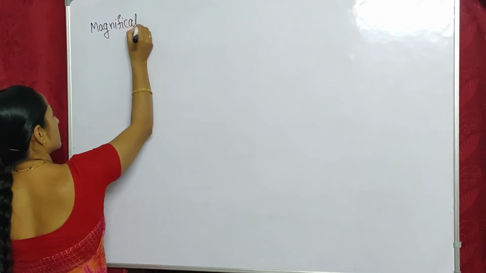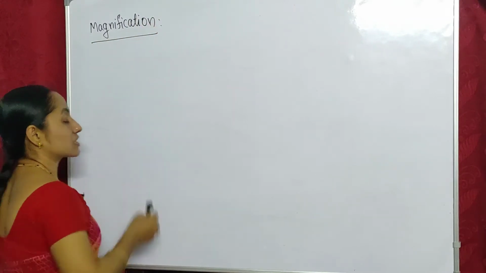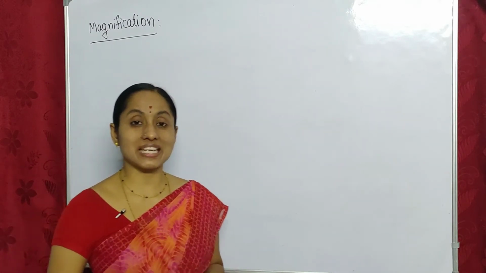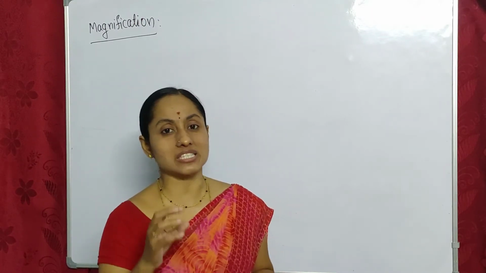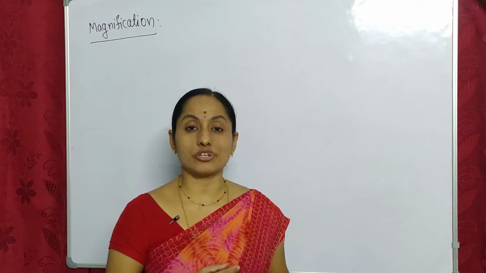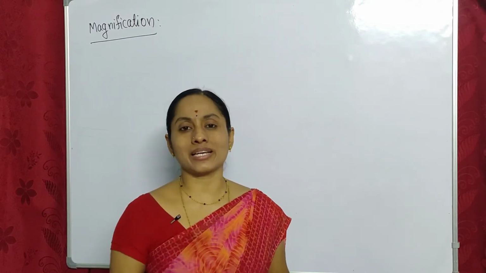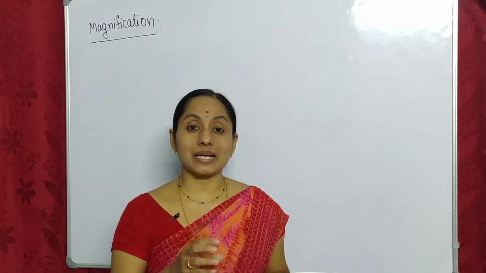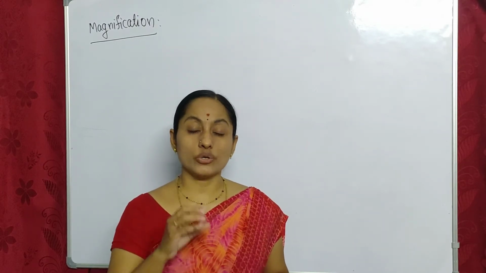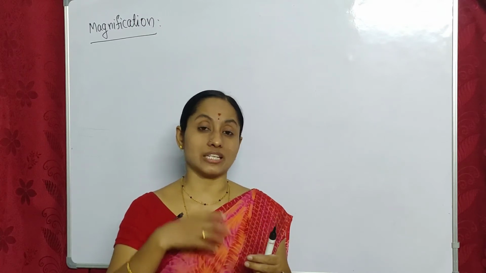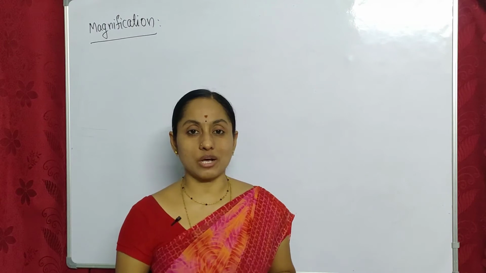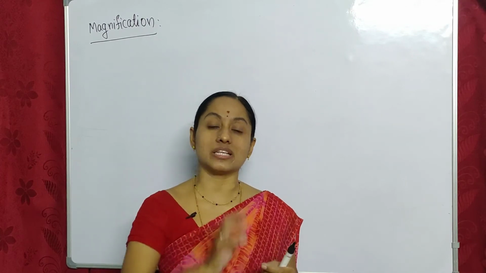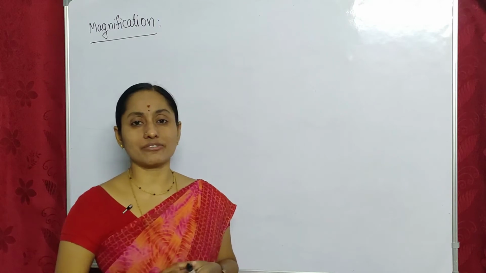Okay, next we will move on to something called magnification. What is this magnification? Magnification is very much important because when the image is formed by concave and convex mirrors, in my previous class we have drawn certain ray diagrams, and while drawing ray diagrams we observed that certain times the image is bigger than the object, certain times the image is smaller than the object. There are chances that the image can be bigger, smaller, or even the same size. We compare the size of the image with the size of the object. So that is what we call magnification.